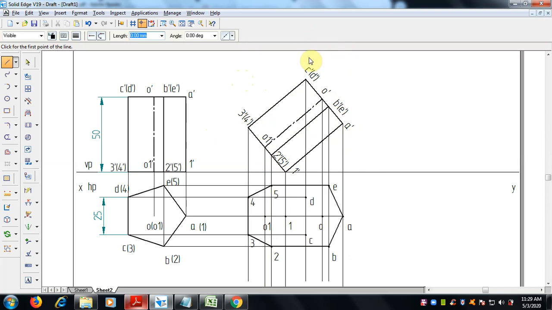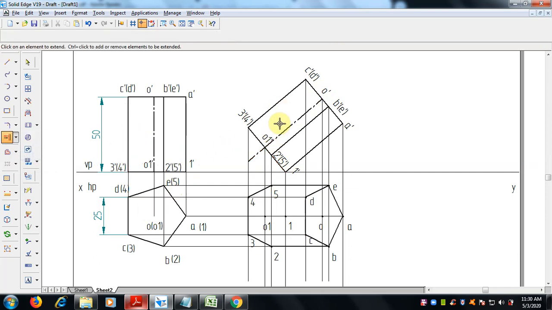So now let me finish with the top face. Select 0.5 mm thickness, and A, B, E is already there. So here join this with the D, C and B. So this is the top face that we can see here. Okay, and the bottom face, as I said, here the edge 2 5 is resting on the corner 1, and the 2 5 which is connected with 1 is below the axis line.